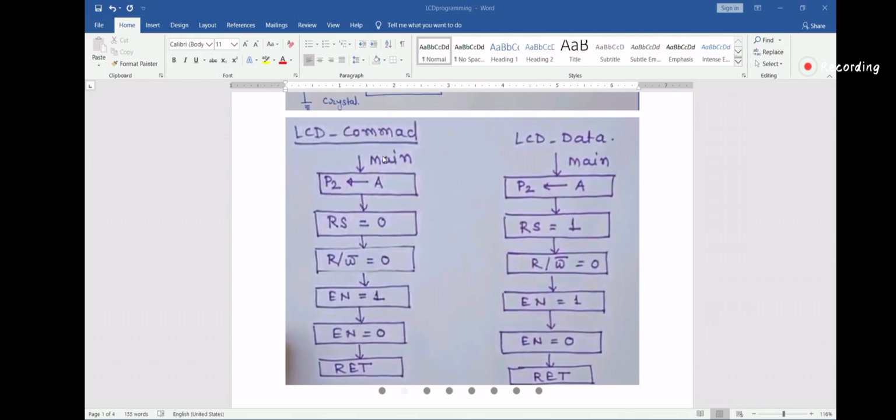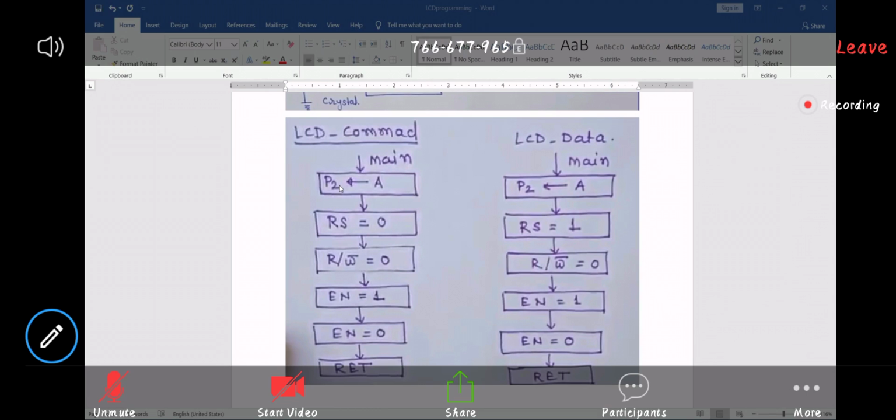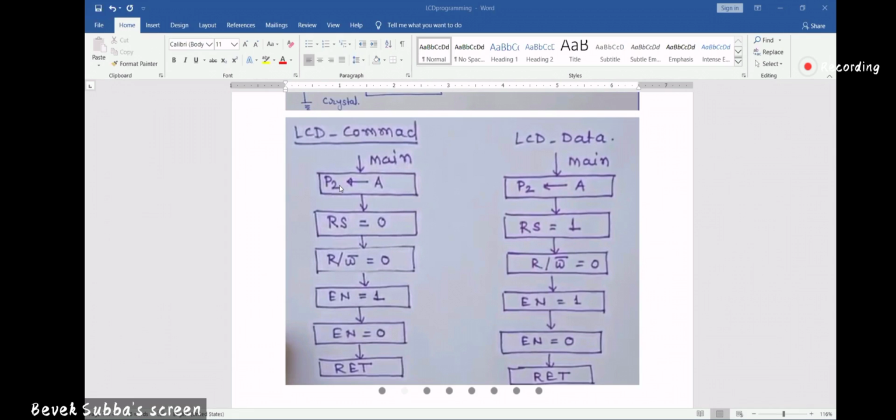In the main program, from the accumulator I will send whatever command there is to port P2 first. Then I will set RS equal to 0. Why RS equal to 0?